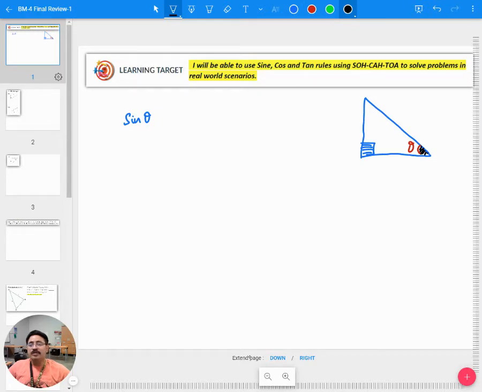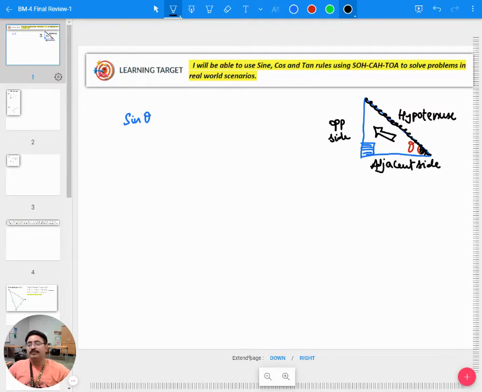The side opposite to this theta is taken as the opposite side. And opposite to 90 degrees is the hypotenuse. Always please remember the side opposite to 90 degrees is the hypotenuse. And the third one is the adjacent side